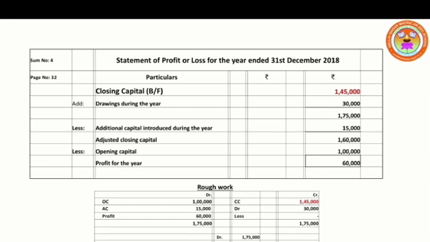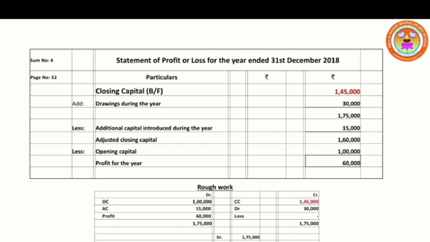Opposite of OC, that means opening capital, on the credit side is closing capital. Debit side AC denotes additional capital. If the proprietor has excess money and introduces money in the business, it is called additional capital. So opposite of additional capital is drawings. If he needs an amount for his personal use and takes it from the business, that amount denotes drawings. Additional capital's opposite, drawings, credit side. Debit side profit, opposite of profit, loss. In a question, either profit or loss will be available.